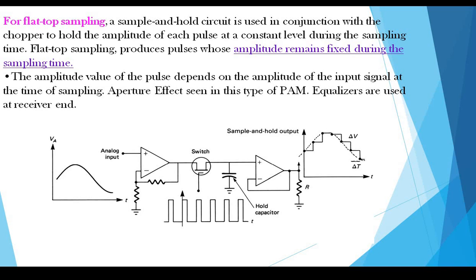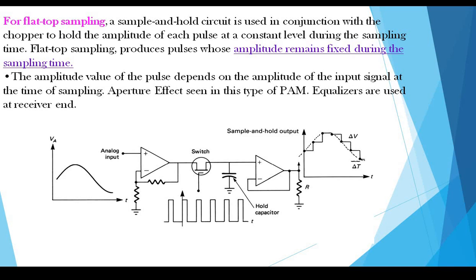What is aperture effect? When I am telling, please do note it down. Aperture effect can be defined as the distortion occurred in the reconstructed signal. What is the reconstructed signal? Nothing but your original message signal. Correct? So here the aperture effect is defined as the distortion in the reconstructed signal obtained from the flat top